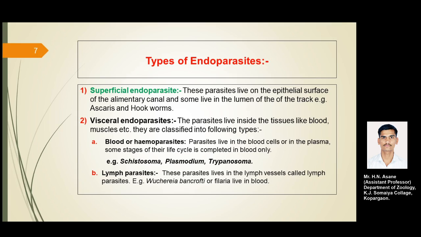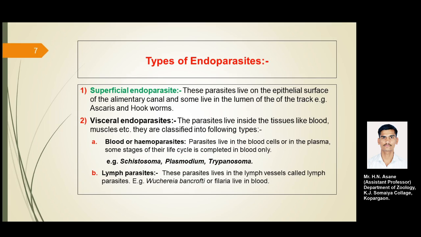Okay, so parasites like Plasmodium and Trypanosoma are the blood parasites. Schistosoma means the blood fluke. Schistosoma lives in the blood cells or the red blood cells, and some in the blood plasma. Some stages of their life cycle are completed in the blood only. So therefore these parasites are called blood parasites or the hemoparasites. Okay, so the examples are Schistosoma, Plasmodium, and the